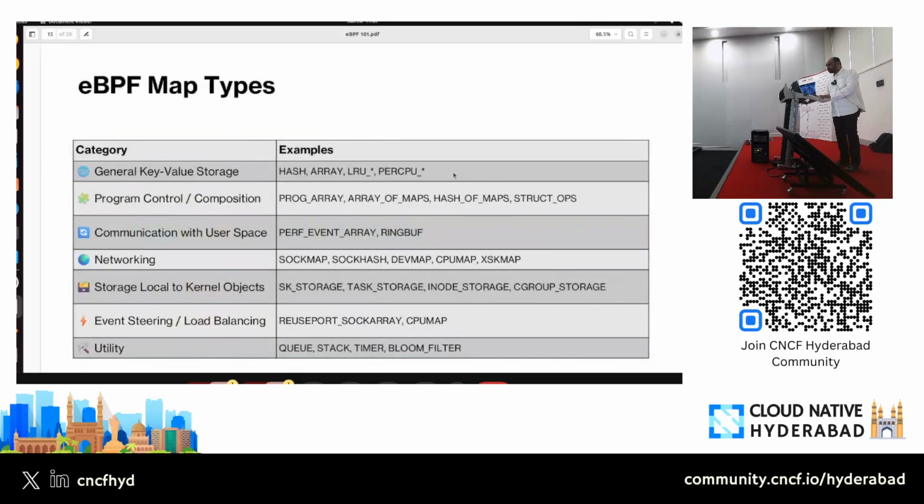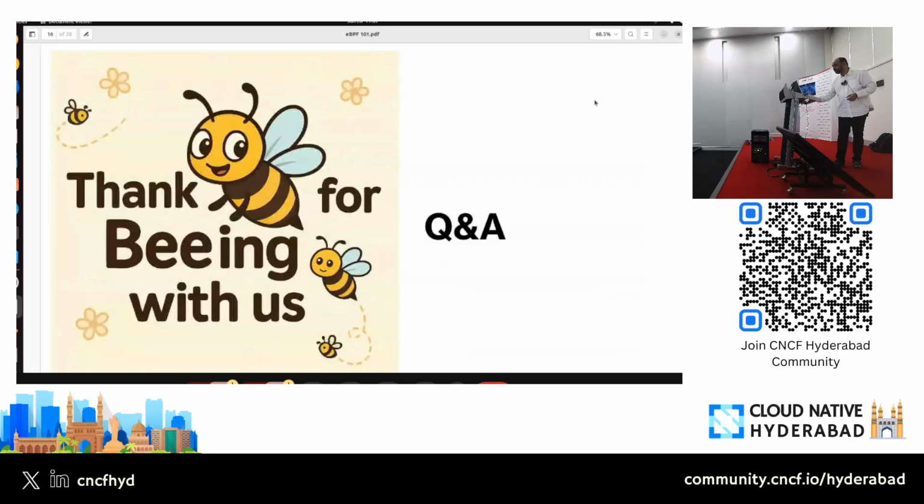And then eBPF map types. We used one map earlier, the BPF perf map, but there are n number of maps you can use depending upon your requirement. Thank you for being with us.